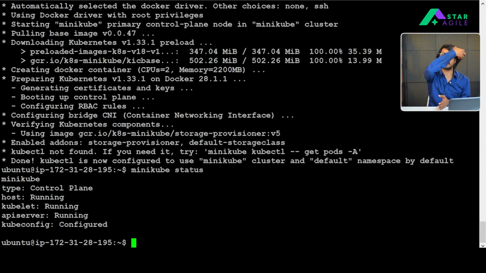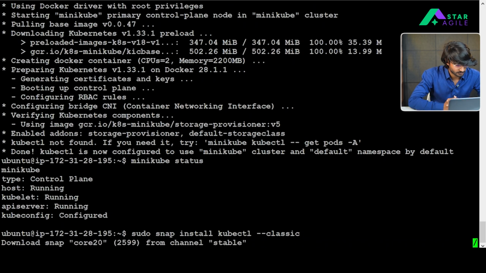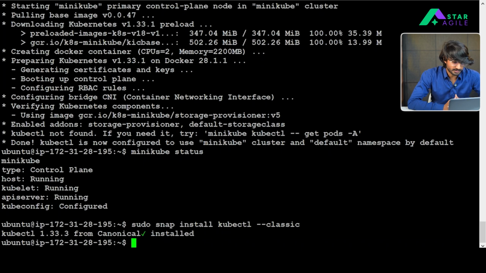For that, I will take the help of snap, right? So this is the command, sudo snap install kubectl.